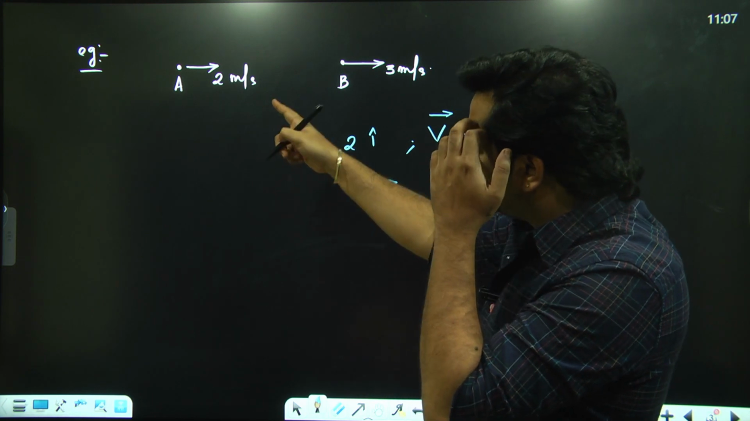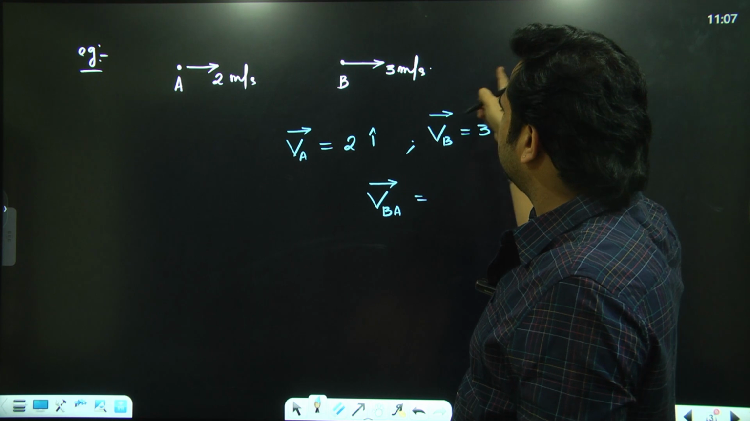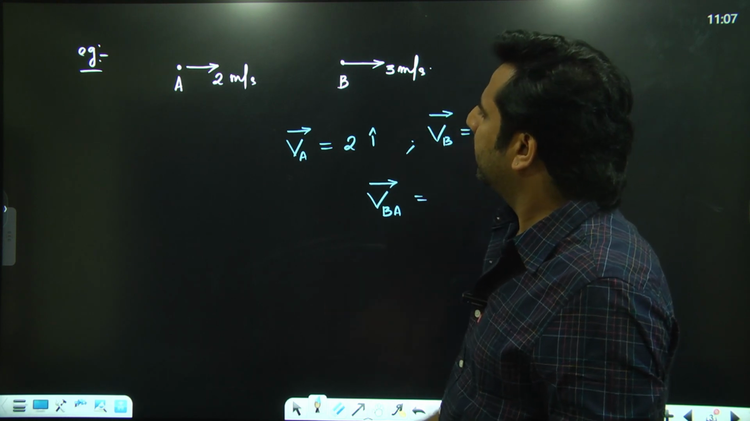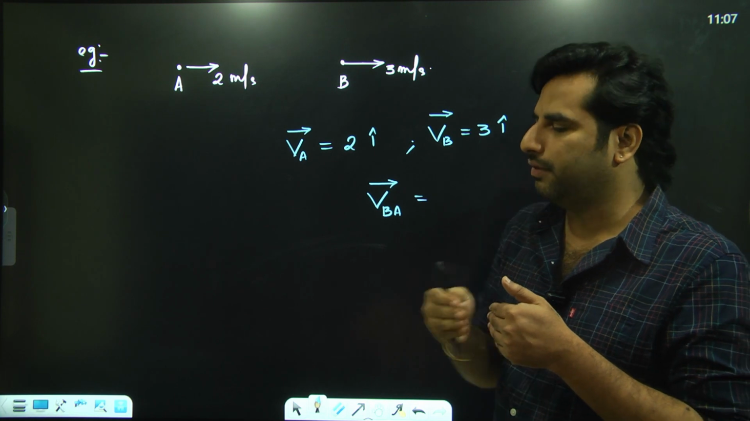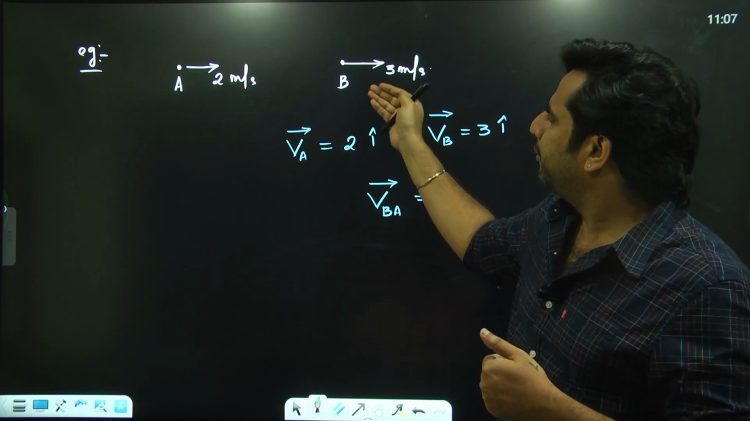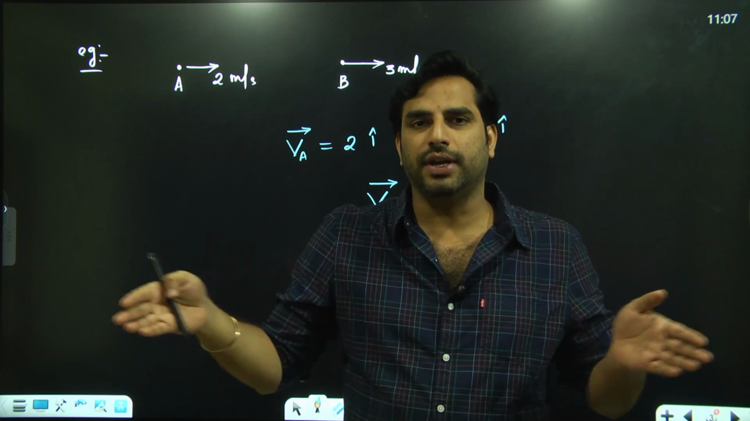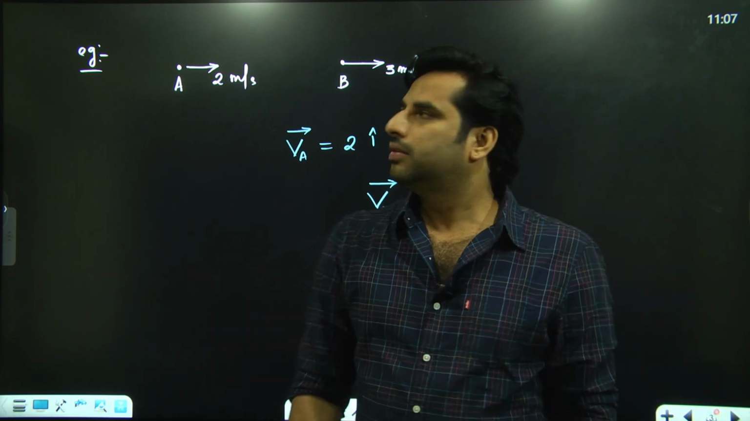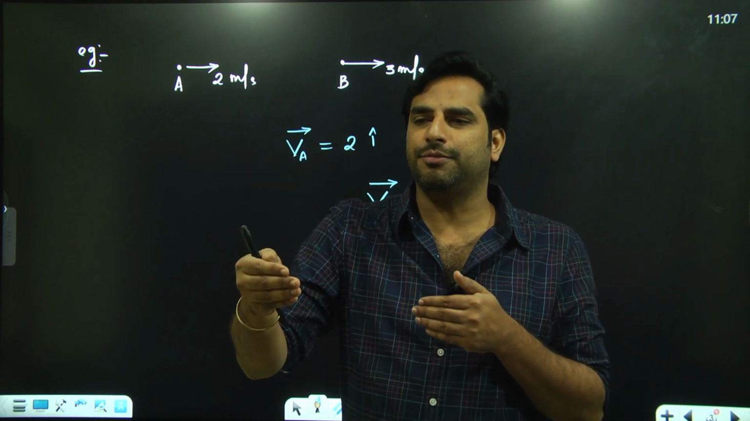A is moving at the rate of 2 meter per second towards right, and B is moving at the rate of 3 meter per second towards right. If you are in place of A and observing B, don't you think B is moving away from you because the speed of B is greater than that of A? Obviously, the distance between them goes on increasing. So, if you are in place of A and observing only B, it appears as if B is going away